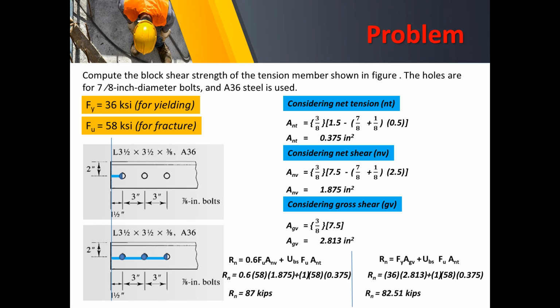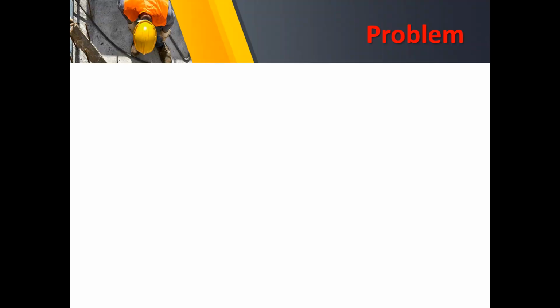So we come up with a value of 82.51 kips. Now between the two, of course, we should choose which is lesser. So knowing that Rn is equal to 82.51 kips,